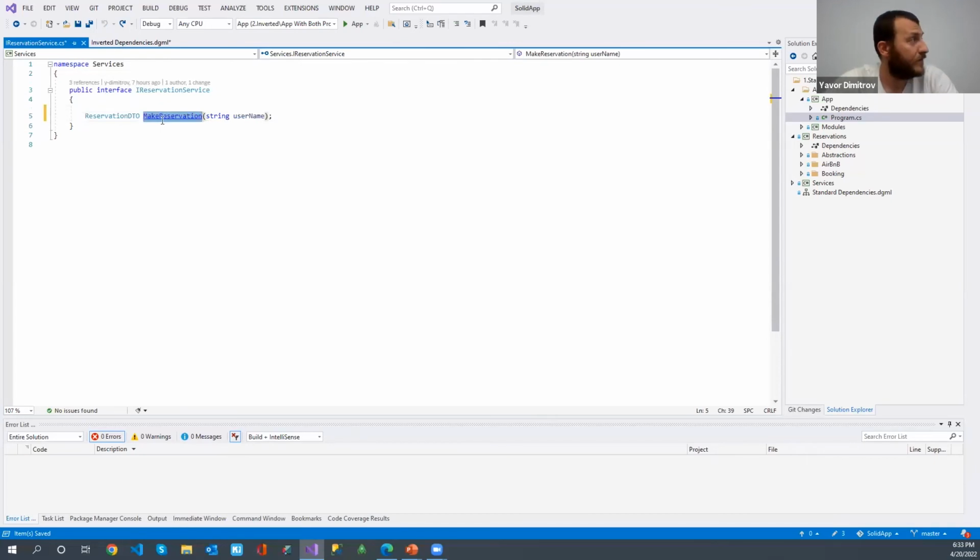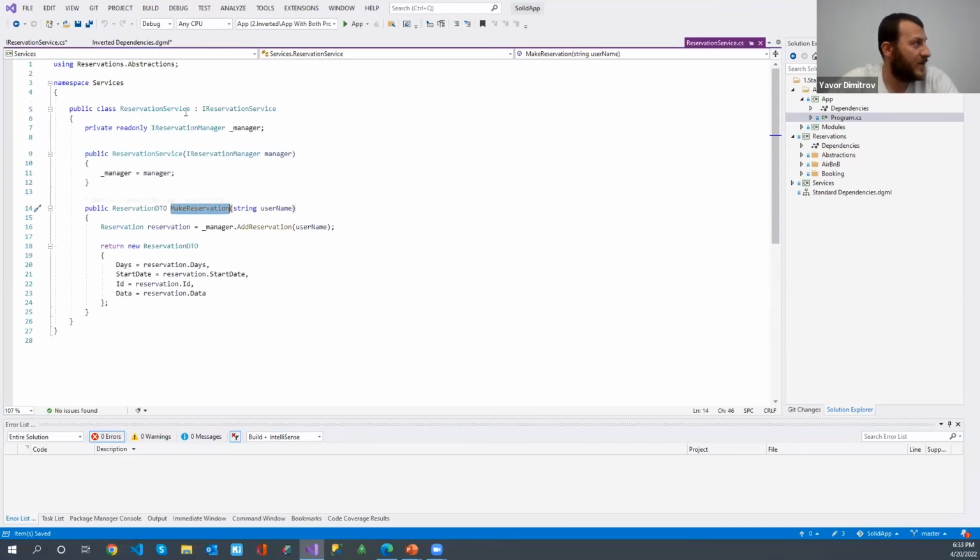So if we go to the implementation of that service, you can see that this service calls our reservation manager, which handles our reservations. It makes a request to get a new reservation, and it returns it. Usually here, you probably will have a lot of database code, caching code, some emails being sent left and right, but